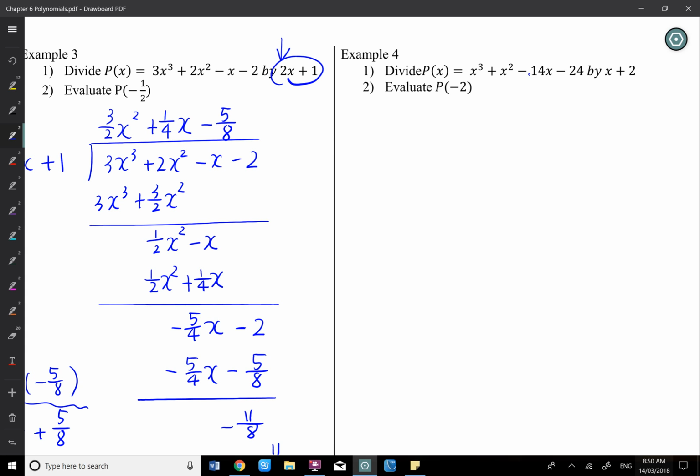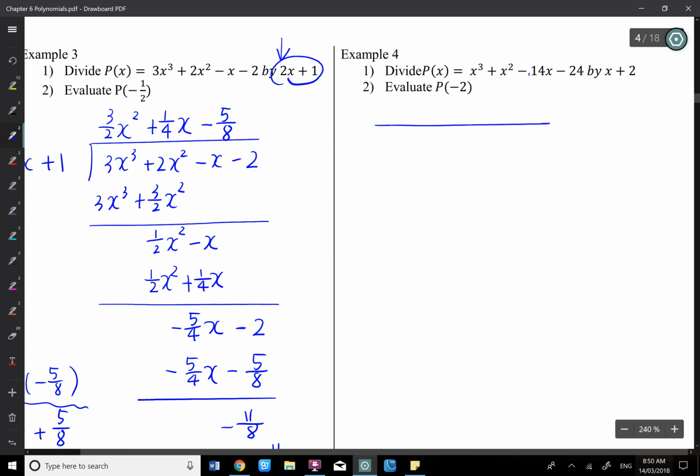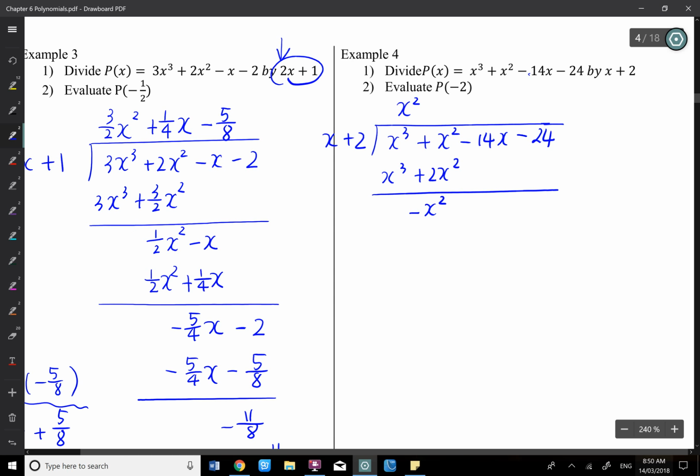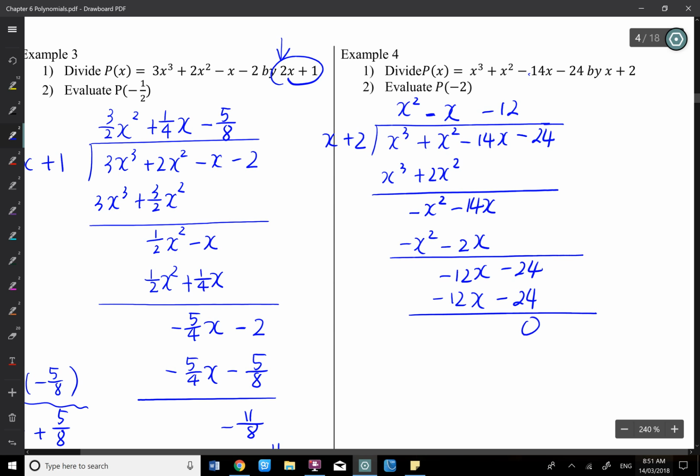So x cubed plus x squared minus 14x minus 24. Let's do this: x cubed plus x squared minus 14x minus 24, and then divide by x plus 2. So this number is good. So we have x squared, x cubed plus 2x squared. We have minus x squared minus 14x. Minus x here, minus 2x. So minus 12x minus 24, minus 12,